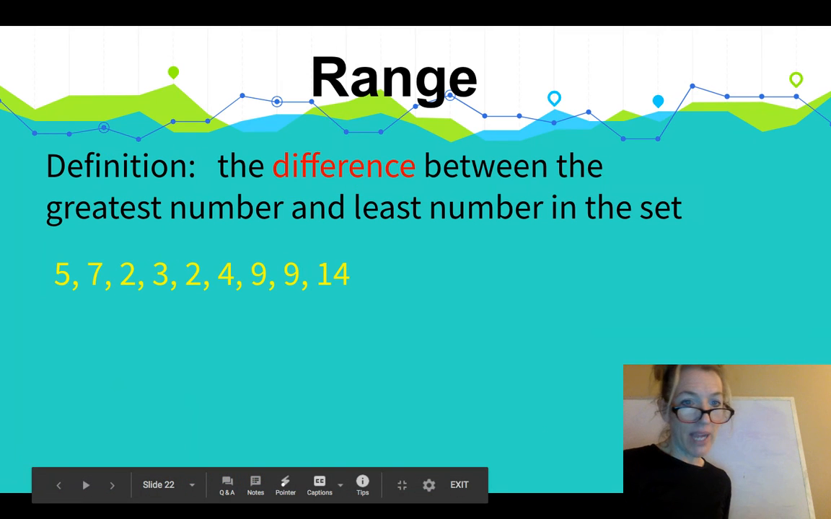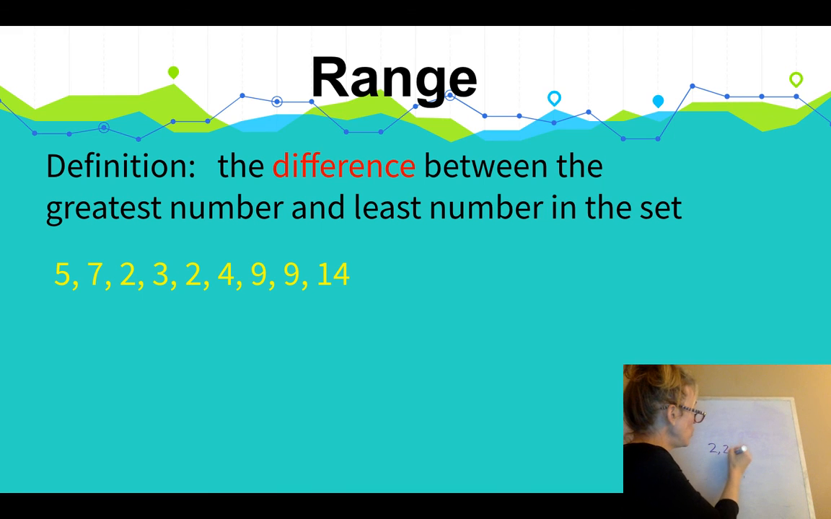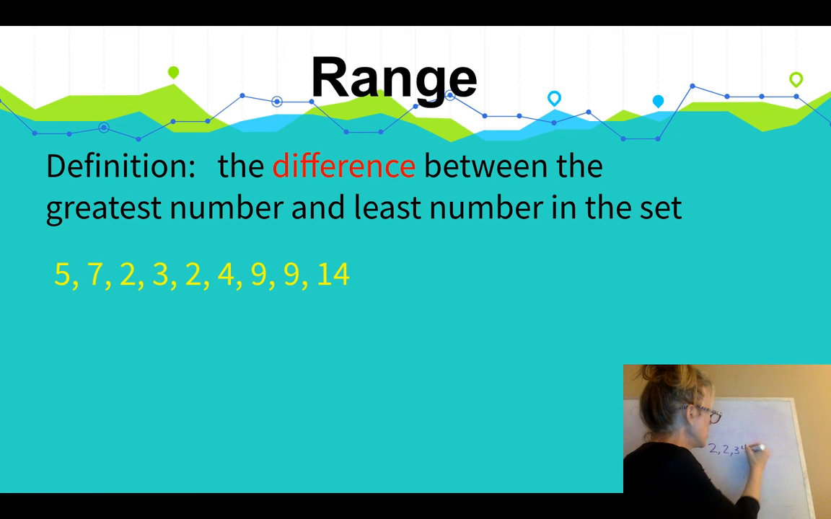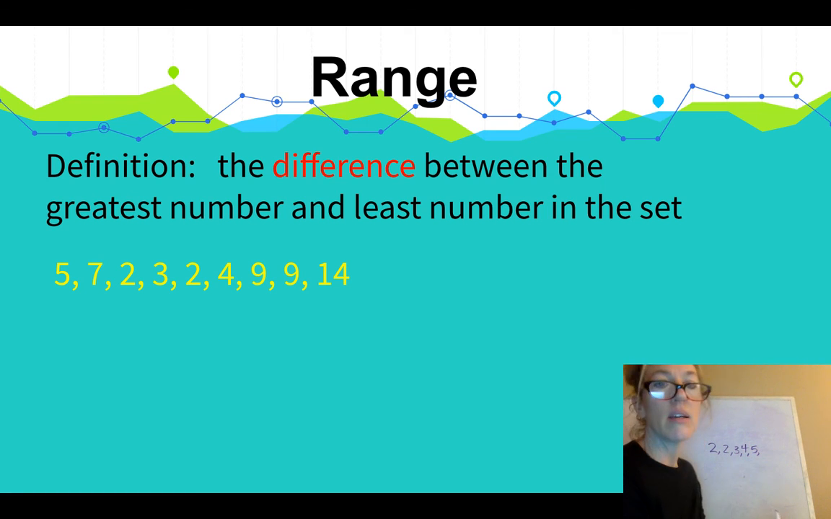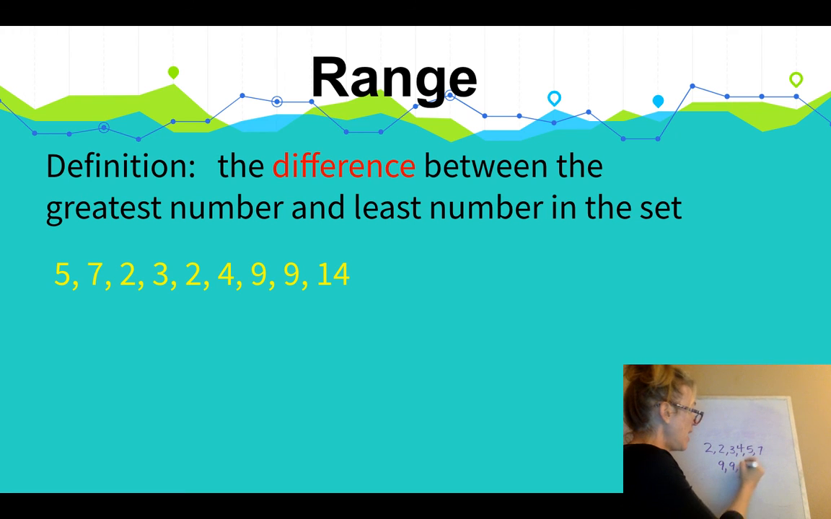Okay, so here's my range example. So remember, we always start with ordering our data. So in this case, I'm looking at my data. I see that I have a 2 and a 2 and a 3. And then what comes next? A 4 and a 5. I don't have a 6, but I have a 7, and no 8, but I have 2 9s and a 14. So when we're finding the range, after you've ordered your data set, you're going to circle your lowest number